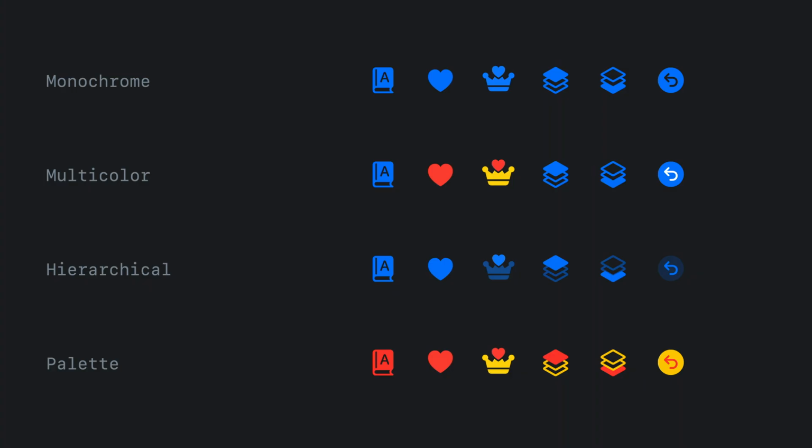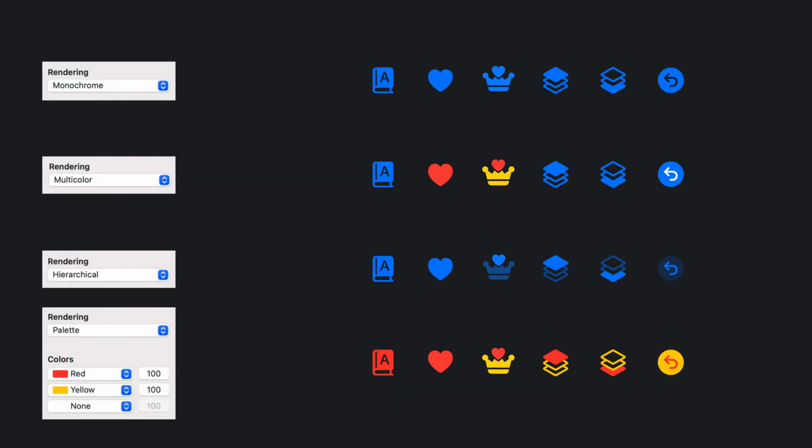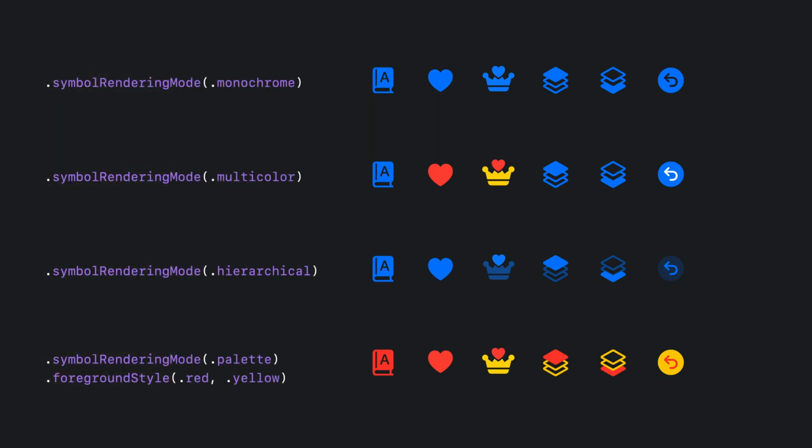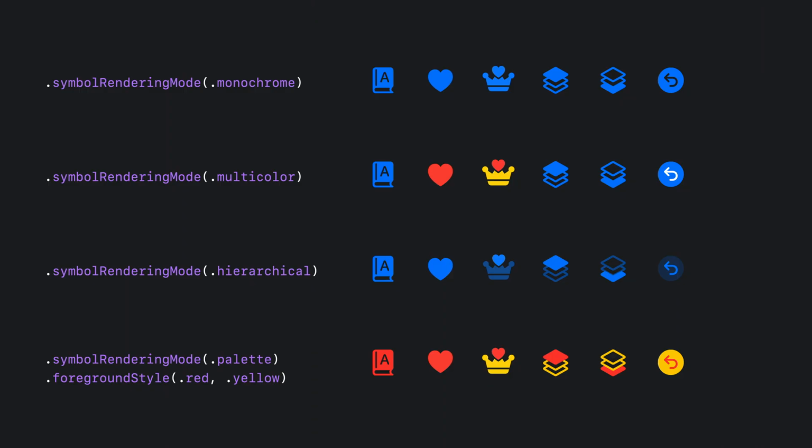Let's look back at the full set of rendering modes again. The best way to see and choose which rendering modes to use is the SF Symbols app and its inspector. And these APIs to express these configurations in SwiftUI work the same way, so it's easy to go back and forth between the Symbols app and your code. You also get the best behavior with minimal configuration. If you have only one foreground style and don't specify a rendering mode, you'll automatically get monochrome. And if you specify more than one foreground style, but don't specify a rendering mode, you'll automatically get palette.